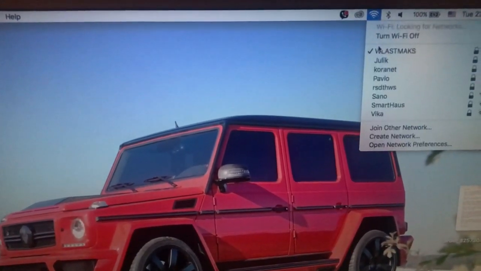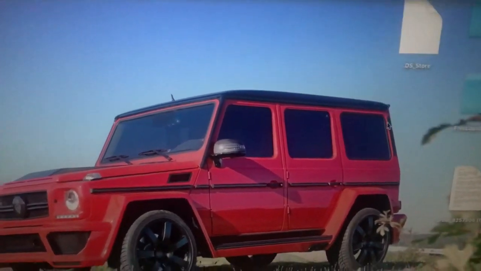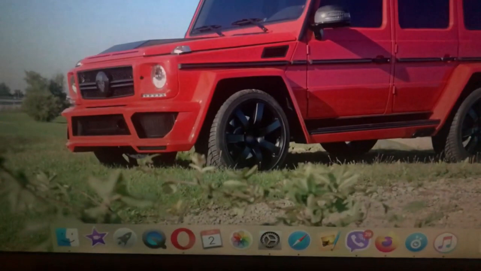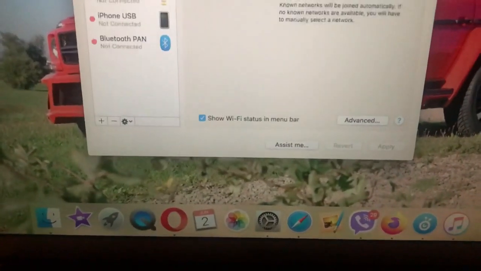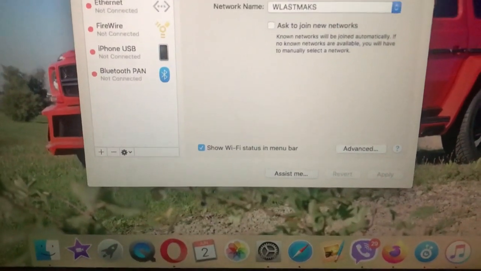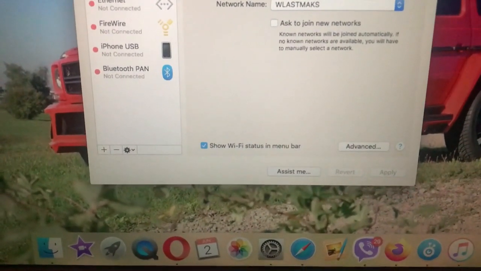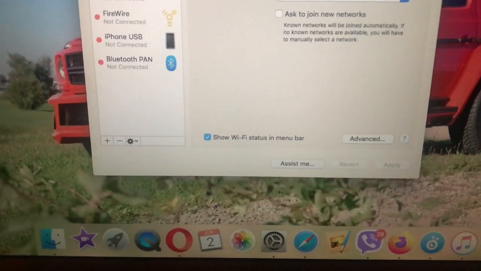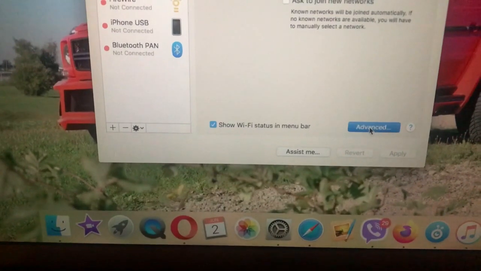First you need just to click on Wi-Fi and just choose open network preferences and just wait until it will open settings menu. So here you can see the settings menu, and also you need to choose here advanced. So just choose advanced here,